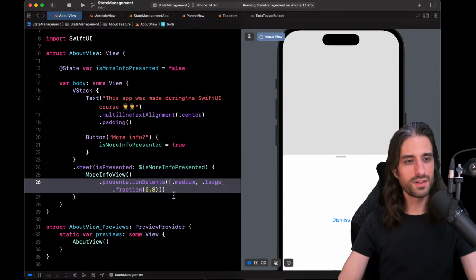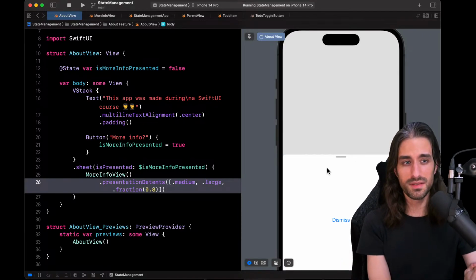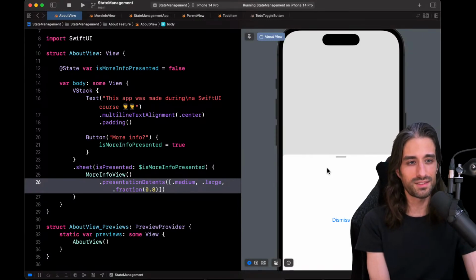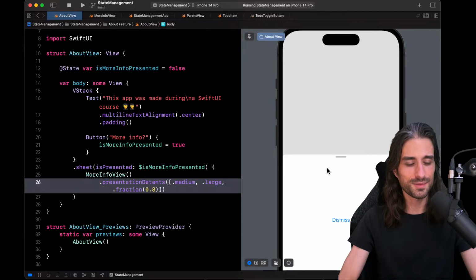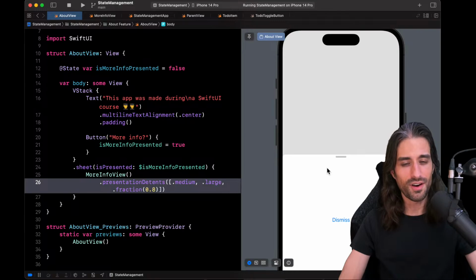So I wanted to show you that because I wanted to highlight the fact that it's been added only in iOS 16, because it can be actually quite an issue, because having the medium detent can be very important for the user experience. And so if you need a medium detent for a modal, you cannot present it in SwiftUI, so you will need to use UIKit for that. So that's why I wanted to highlight it. But in iOS 16, it's become available, and you can use it, and it was a much needed feature for SwiftUI.